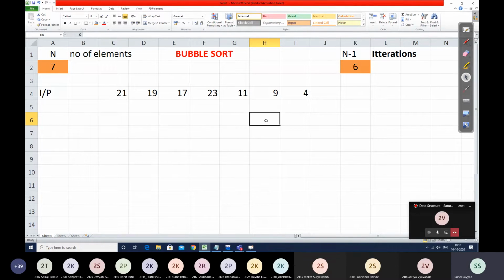Are you getting this? In the first two iterations, 23 got placed and 21 got placed. Again, we will not consider 21 in the next iteration, so we'll be left with 5 numbers. We apply the same logic of pushing the largest number to the extreme right in those 5 numbers. If we continue this for n minus 1 times, that is 6 times, with 7 numbers, then by default the remaining 7th number will come in the first position.